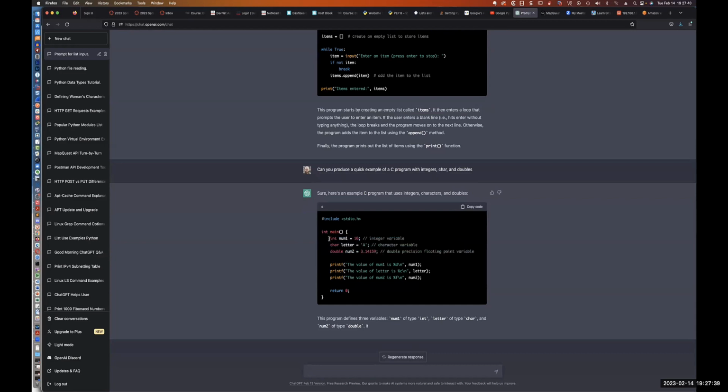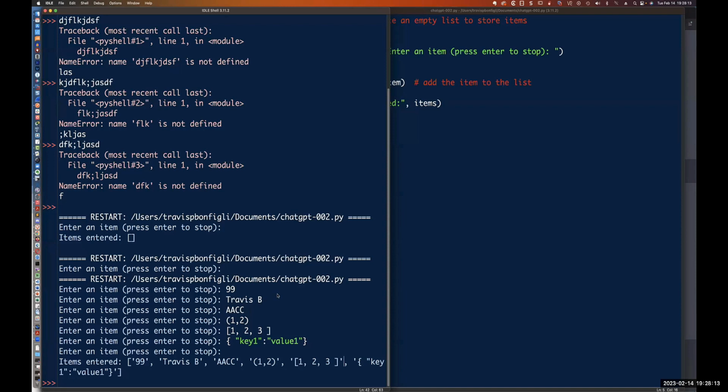You have to say num1 is an integer and the value is 10. So you have to declare that's an integer. The letter A, I have to declare that's a character. Num2, which is a float in Python, in C you have to say that's a double. So you have to declare up front, this is an integer, this is a double, this is a character. That's strict typing. So Python uses loose typing,